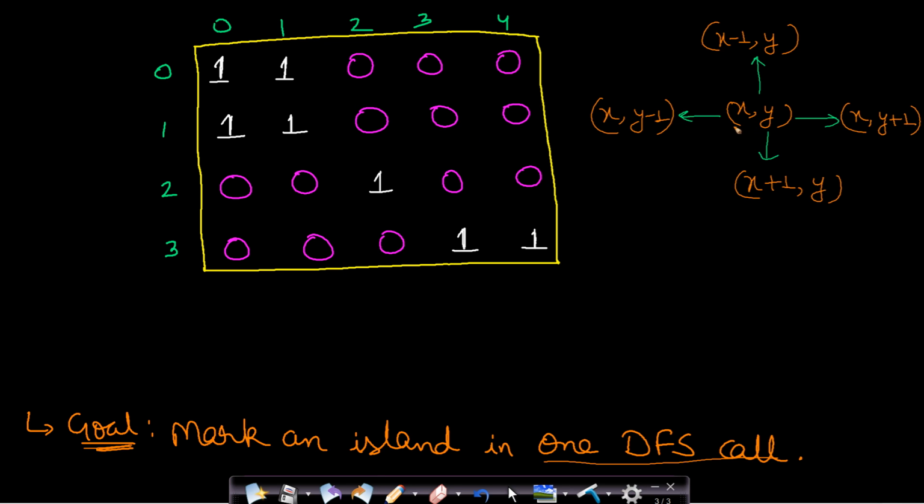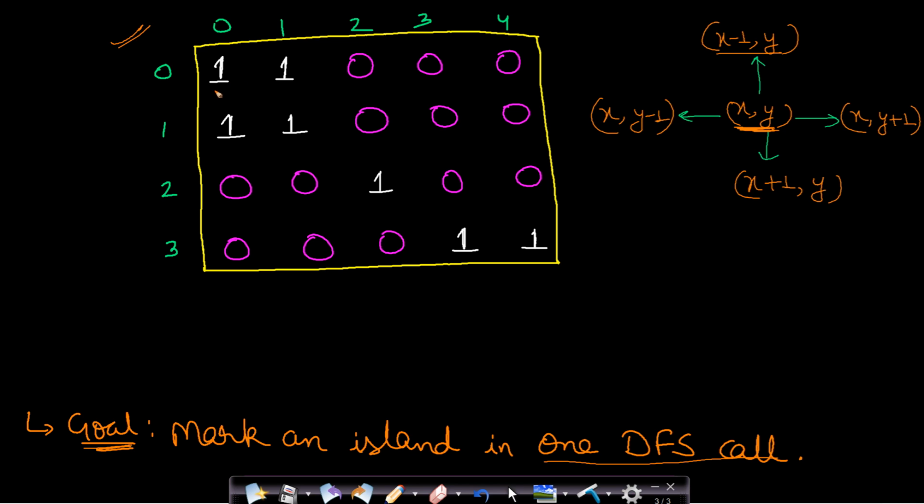So if you are at a cell x, y, then we can traverse in either top-down or left-right directions. If our current coordinate is x, y, then we will have to search in all the 4 directions. If you are calling the top cell, then the coordinates passed will be x minus 1, y. This is the adjacent top cell, and similarly you can call in all the 4 directions. These coordinates are extremely easy to understand, I think. So let us just process this example and find out how many islands there are using our DFS algorithm.